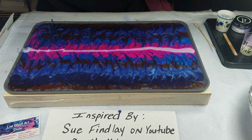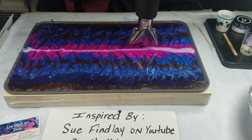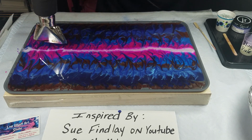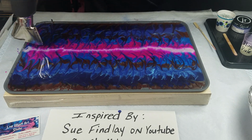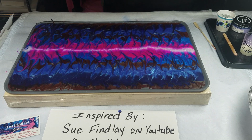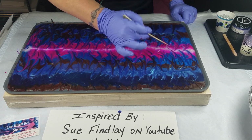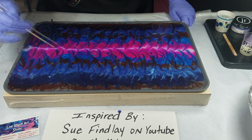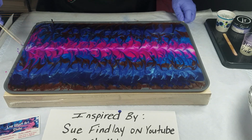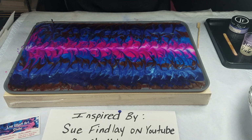Okay, now I'm going to push it a little bit. Just down the line, just so that I can see that Bling it line. It looks like it's sinking. So sometimes in your head, it just doesn't work. But we're going to mix this Bling it in, because you're going to see it in the end result. And it is really fantastic. All right, now I'm gonna put